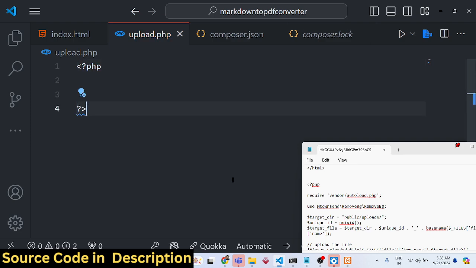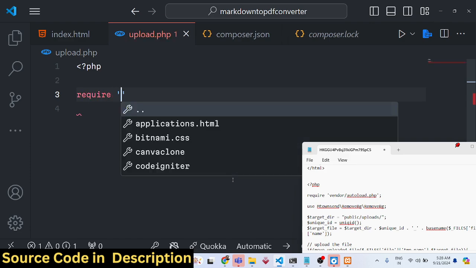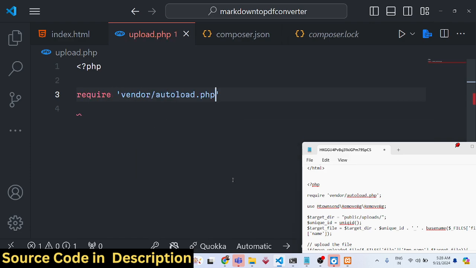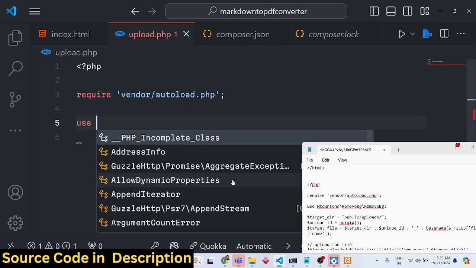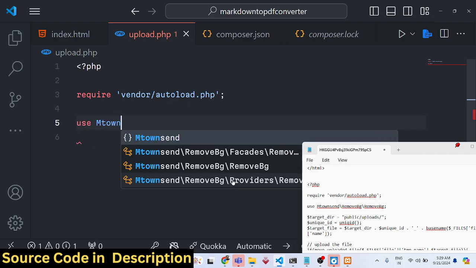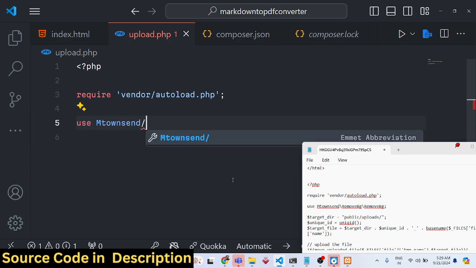So right here, we don't need the ending tag. We just need to require this vendor autoload PHP file because we need to load the plugin. And then we need to simply use this class, and it has this remove.bg class, and inside this we also have